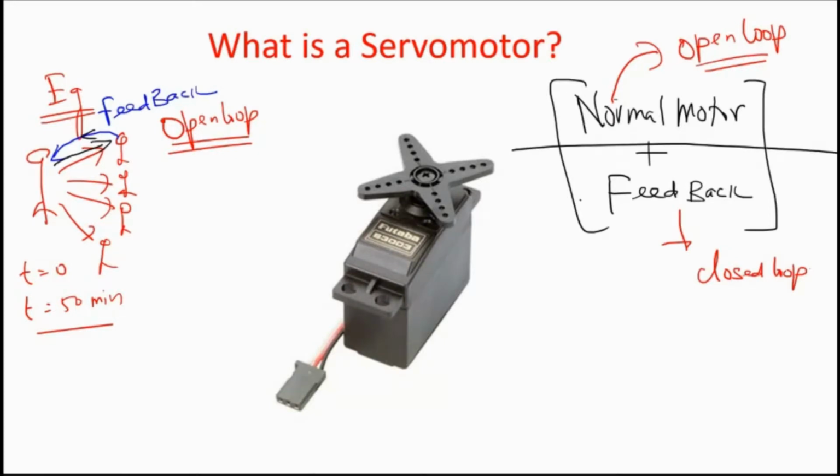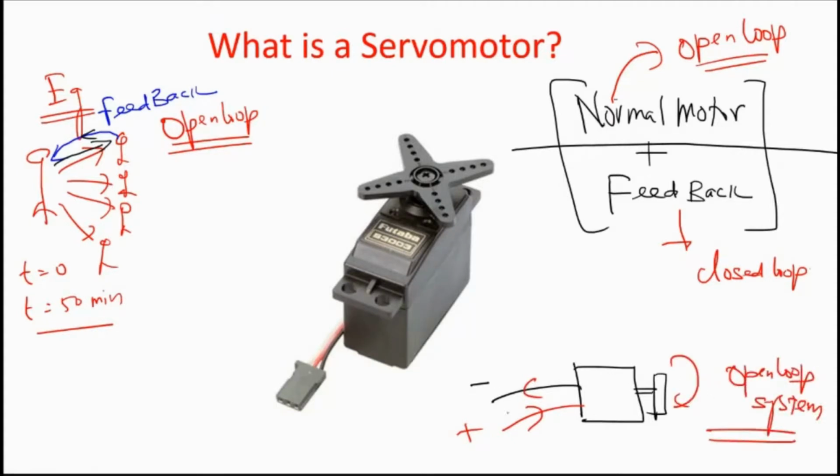A conventional motor is one where it has two terminals, a negative terminal and a positive terminal. If you take a battery and supply some voltage to this, the motor makes a rotation. So that is an open loop system. You apply some voltage and turn the switch on, and the motor rotates. That's a conventional open loop system, similar to the teacher simply starting the class and completing the class without collecting any feedback from the students. So what is a closed loop system on the other side?